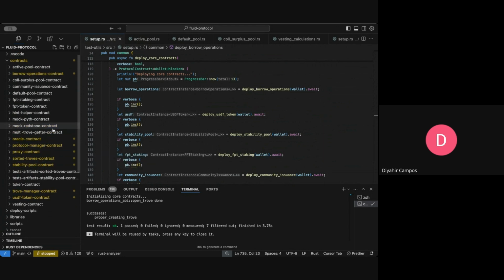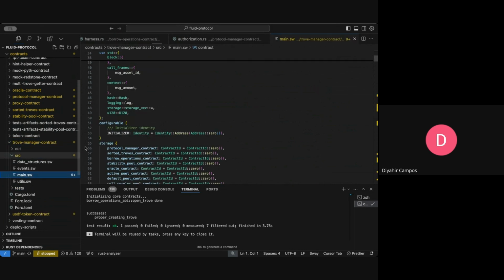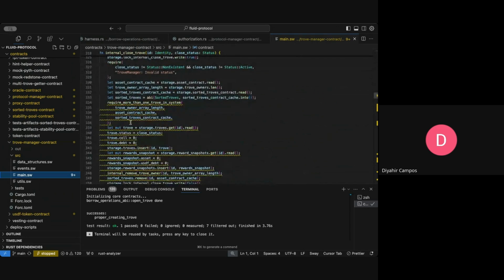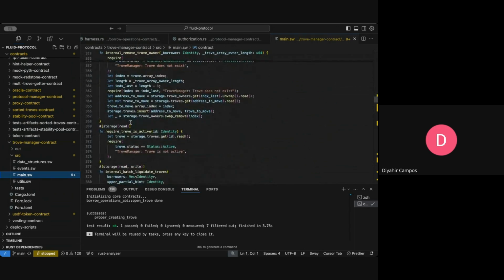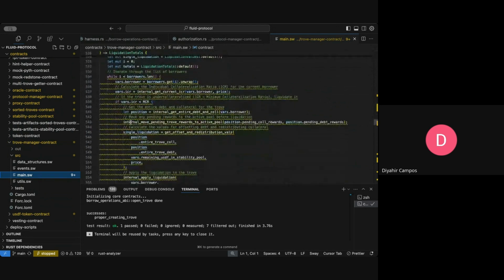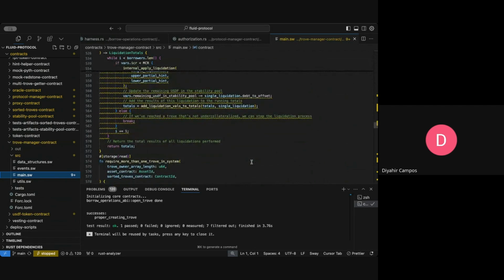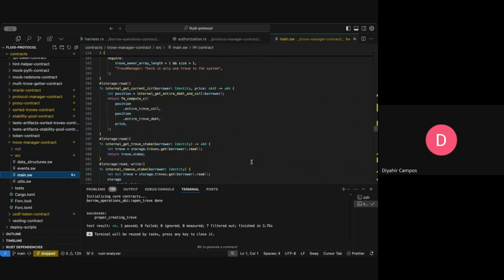I think the most challenging place will be the Trove Manager contract, because there's a lot of logic here, a lot of moving pieces. It handles most of the logic within the system and handles doing everything properly. So I would expect the bugs would be in this contract,